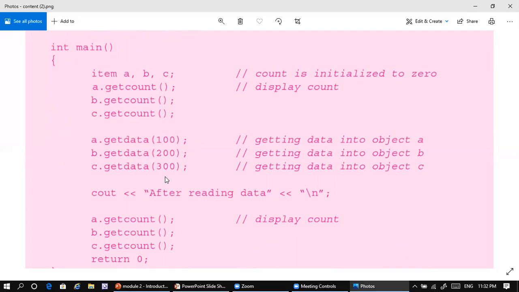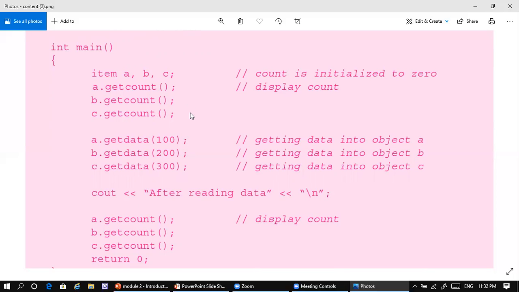But only one thing you need to understand here: get data, get data, get data. The first time you invoke it, the 0 becomes 1. At that time, wherever you use the count, it will have the value 1. Then again you invoke get data, and a third time also.